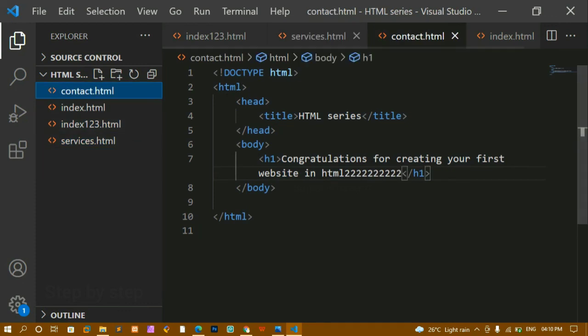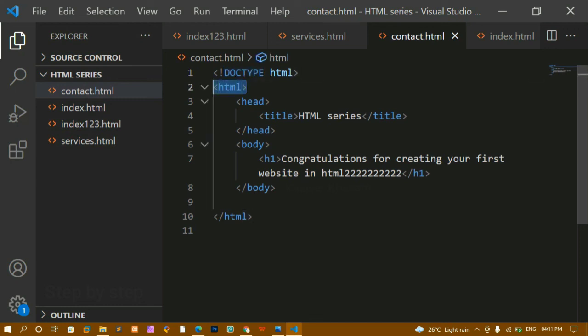Today we have learned what is this doctype HTML. It is just going to tell the document type, that is nothing but HTML, and if we write this one, it will understand that we are going to write the code in HTML5, and once it understands, we can use all the HTML elements, all the HTML tags, whatever was introduced, like video tag, canvas tag, SVG, everything we can use in our projects.